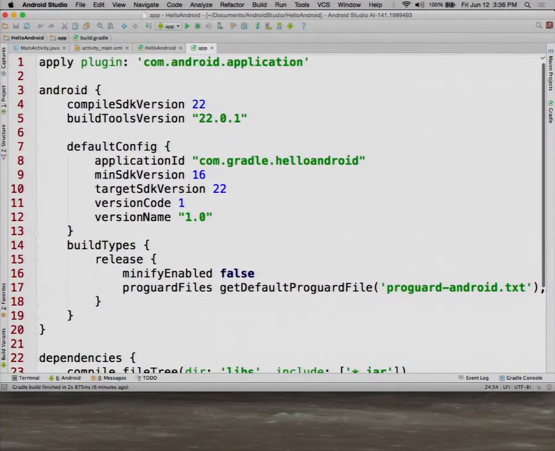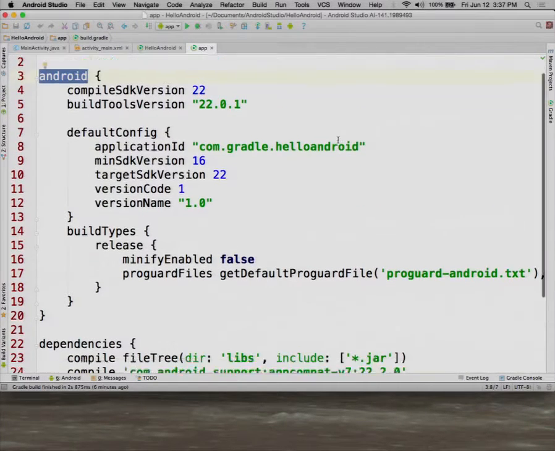Now, what the plugin does is it introduces the DSL that starts with the word android. As Luke Daley was talking about yesterday with the new configuration system, this whole block is eventually going to be inside a model block. But right now that's not going to happen, and my sense is that we've got time on this. I would bet that a year from now when we meet again, it might be something that we use on a regular basis, but they're expecting significant modifications and changes of the new plugin for the better part of this year. So I'm going to stick with this process, and I think we're good for a little while, you know.